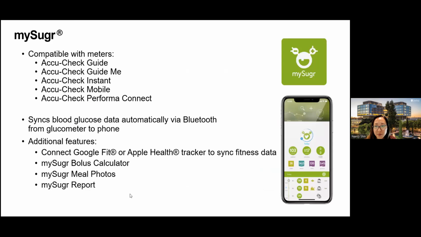My Sugar app, looks like a lot of you are using My Sugar, but My Sugar is compatible with the AccuCheck line of meters. So these are the ones listed here. Same thing, they sync glucose data automatically via Bluetooth. There are some additional features with the My Sugar app, compared to the One Touch, for example. You can sync your Google Fit or Apple Health tracker